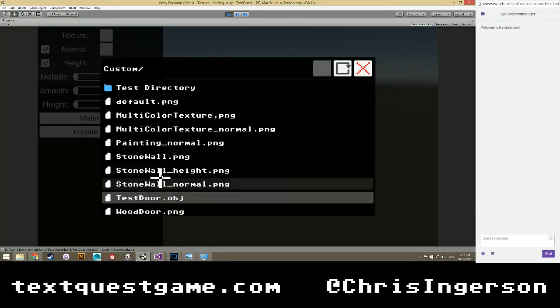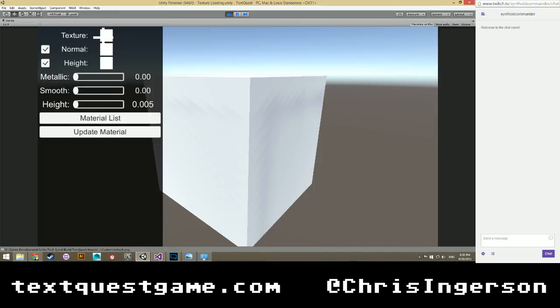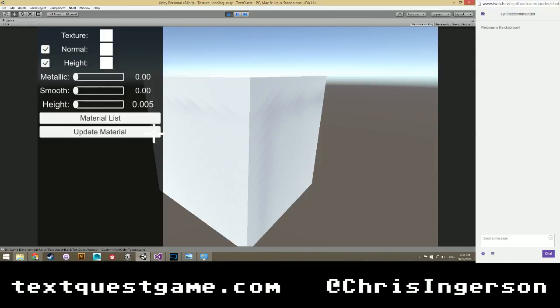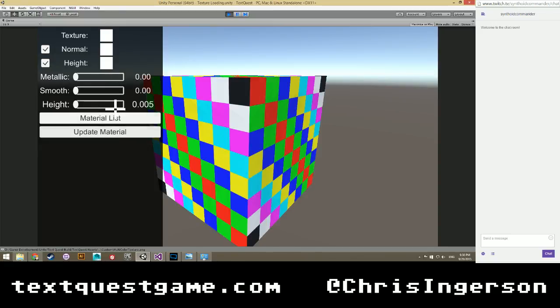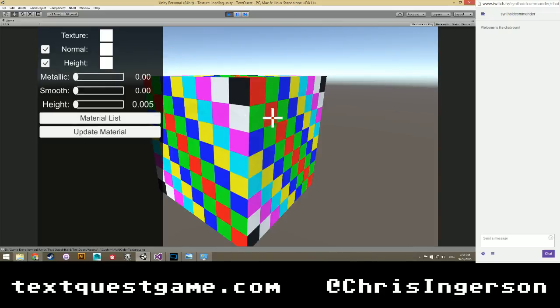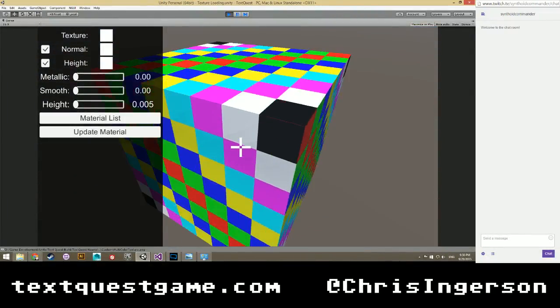So let's just go ahead and, I don't know, default. Oh, default is nothing. Multicolor texture then. Let's update material. We got a material list. New map. Material list test. Yes! Alright. We are on the road